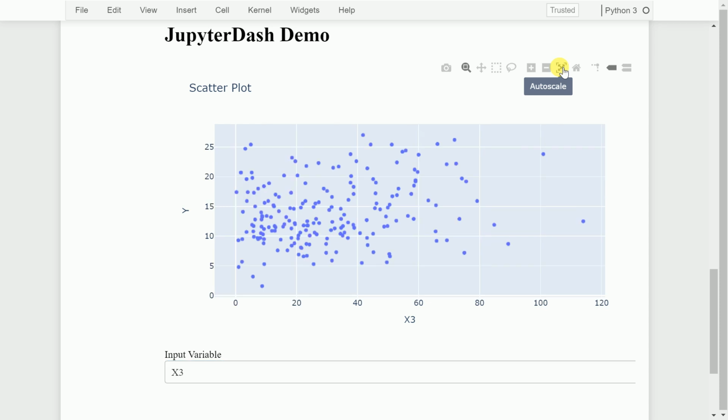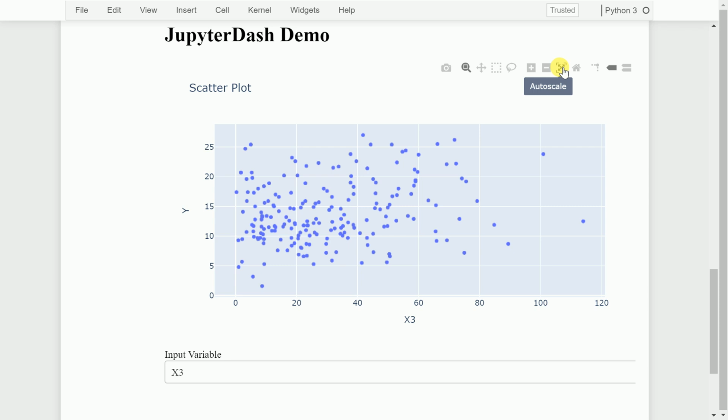So again, all the advantages that you have for a Plotly web application can be directly integrated into Jupyter Notebook, and you can create very good dynamic visualizations in Jupyter Notebook itself. This would ease out a lot of the looping activities that you had to do in order to create visualizations and understand your data as well.